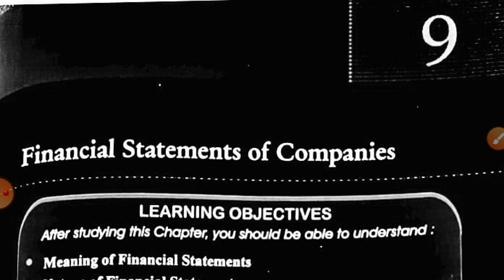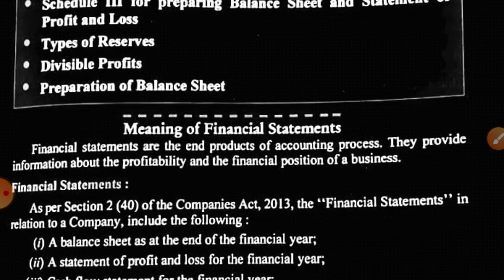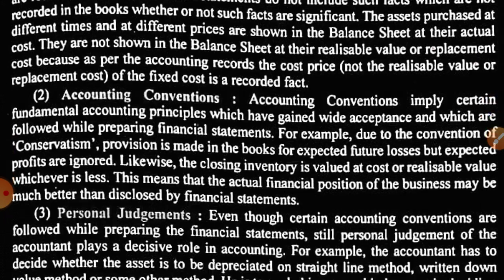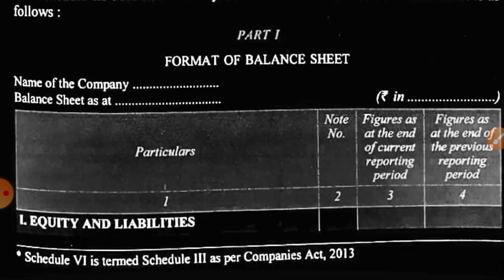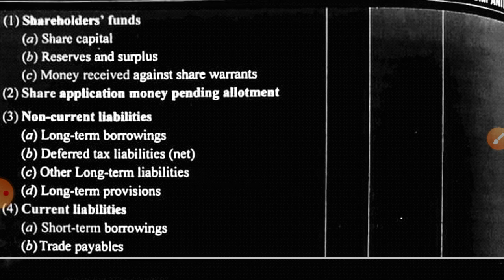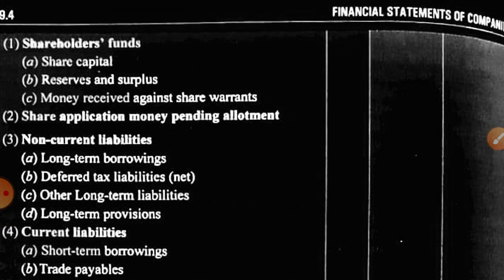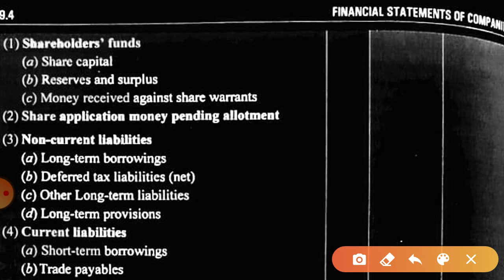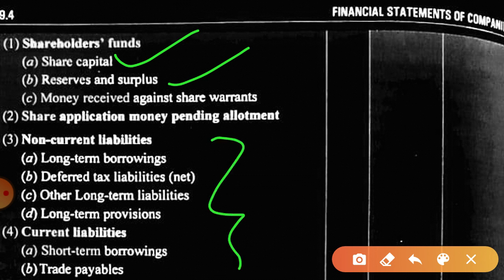In the last lecture we started the topic and we discussed what financial statements are. I also told you about the company's balance sheet and we discussed all the heads and subheads. Now this is the format which we discussed. Now we'll study in detail each and every topic in this class: share capital, how to present share capital, how to present reserves and surplus, and all the items in the balance sheet. We are going to discuss this in this chapter, so pay attention carefully.